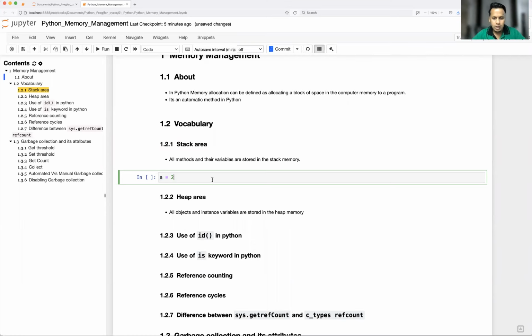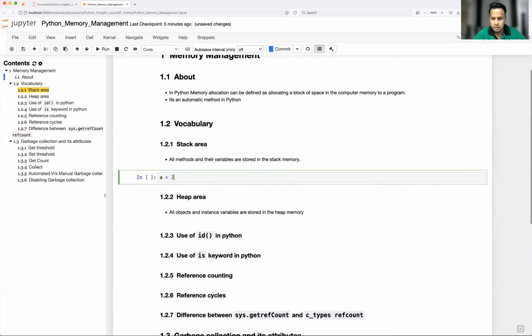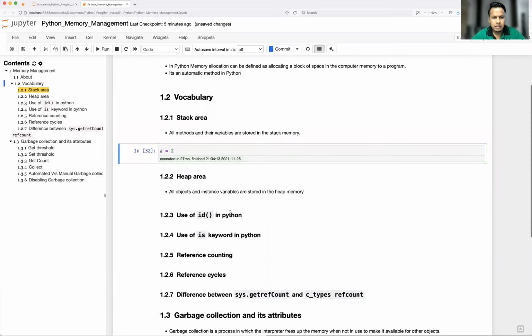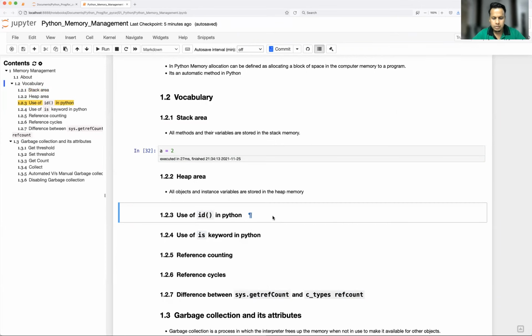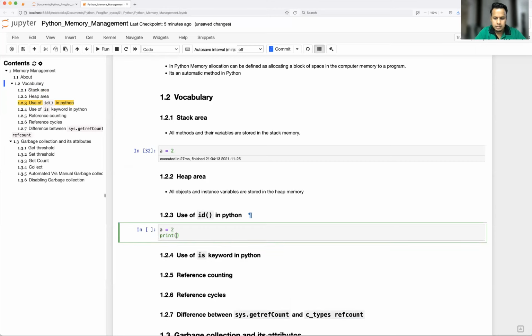So how do we check those details? We have something called the id function and the is keyword. With the help of id you will be able to get the memory location of a. So let's take a look. a equal to 2, then print id of a.